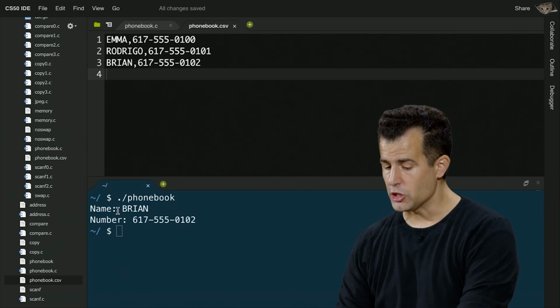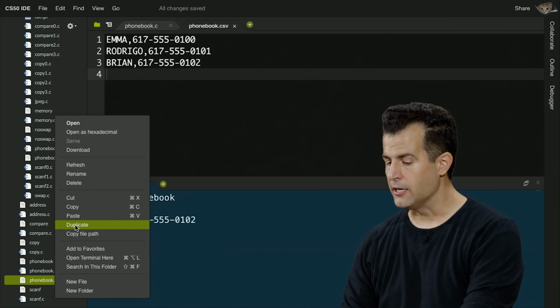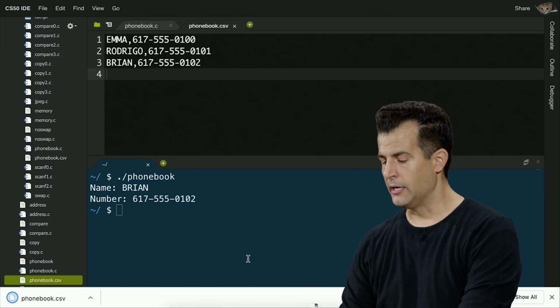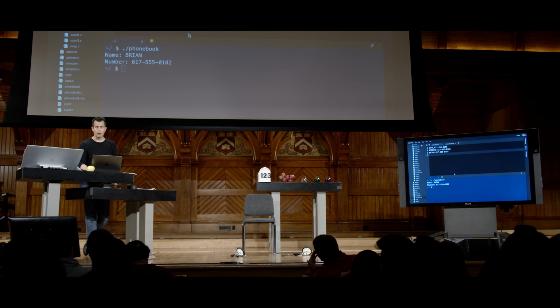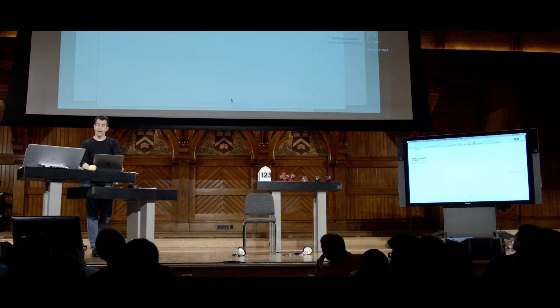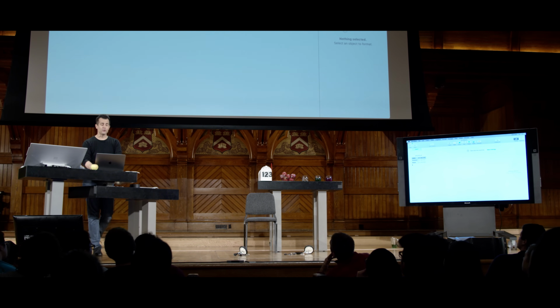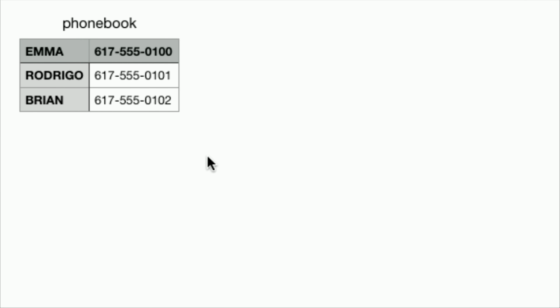And now, if I go and download this file from the IDE, by control-clicking or right-clicking on it, that ends up in my downloads folder. And if I click on this, if you have something like Numbers or Microsoft Excel installed, and you use it for the very first time, you'll see that it's opened up a spreadsheet containing those names and those numbers.